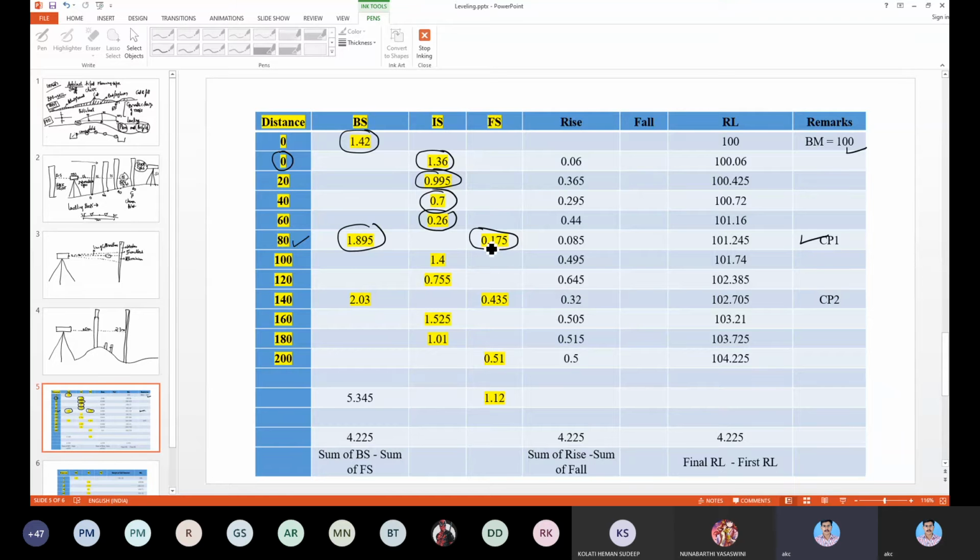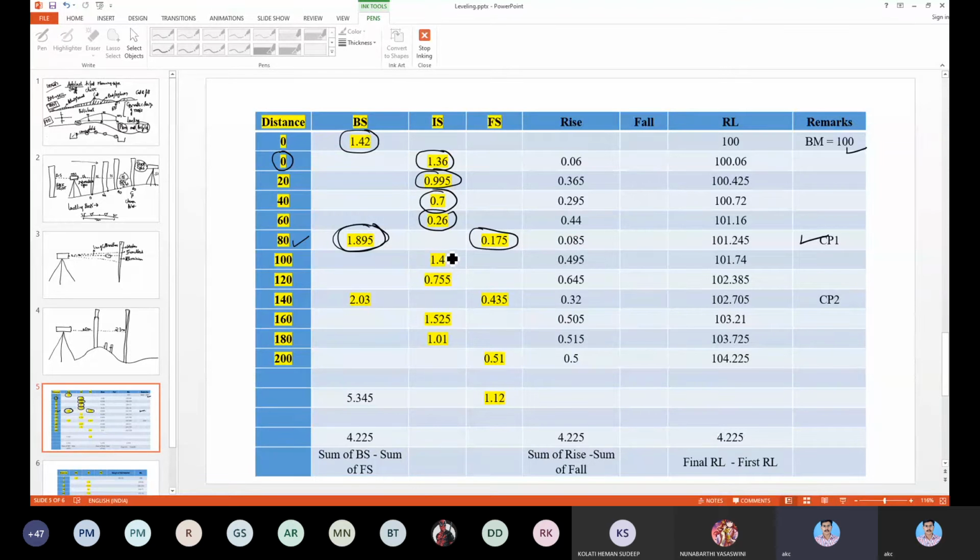It means if you go further, let's say to 100 meter, I will not be able to see the reading from the staff, so I have to come back and do the taking again. So we recorded the 80 meter reading as the FS, 0.175, and then we moved the equipment right beyond the 80 meter, leveled it, and recorded the back side again, which is 1.875.